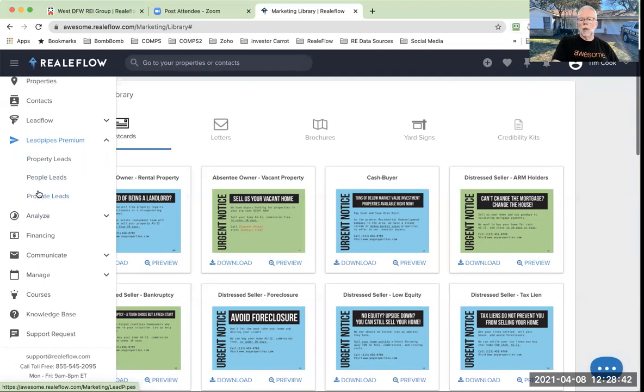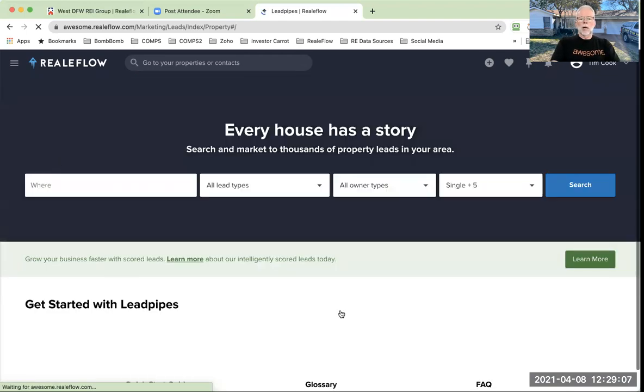You're better off, in my opinion, to use the local source because they're so fresh, and we can get you a 40% discount off those leads if you are interested in purchasing those. So you have property leads and you have people leads. If you're trying to market for cash buyers or private lenders, then you would want to go market to the people leads. In the property leads though,